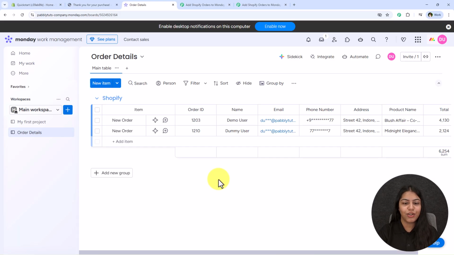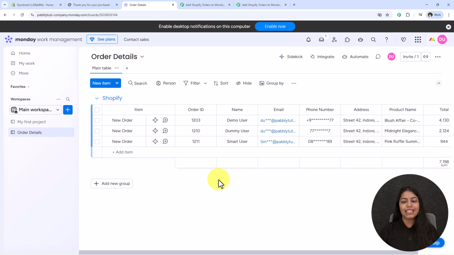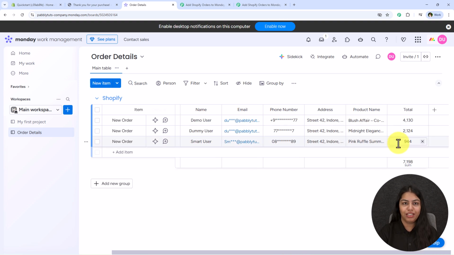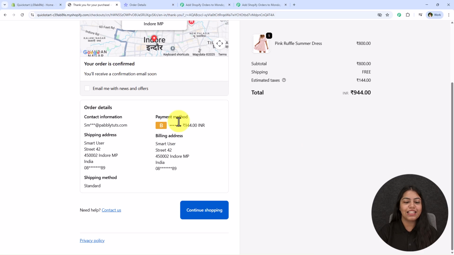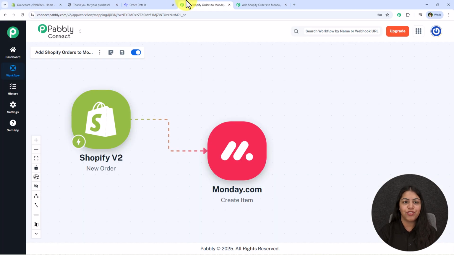So let's open our monday.com, and you're going to see that within seconds and in real time the details of the same order is added right over here. You're going to see the order ID, you're going to see the name, the email, the phone number, the address, the product name which we purchased, and the total amount, and the details are exactly the same right over here. You can check. And yes, this is no magic, this is the power of automation which we're going to create